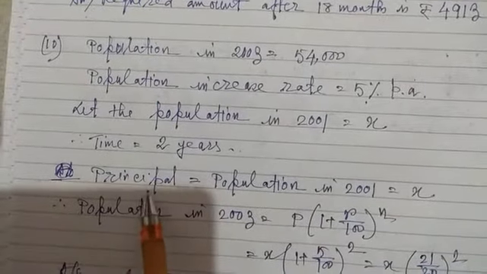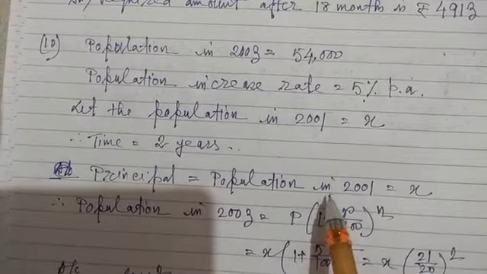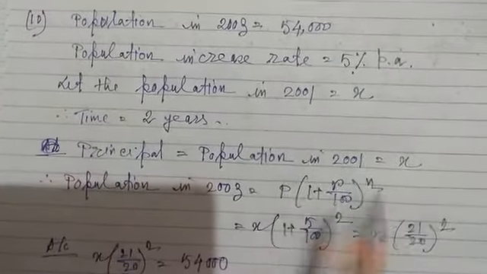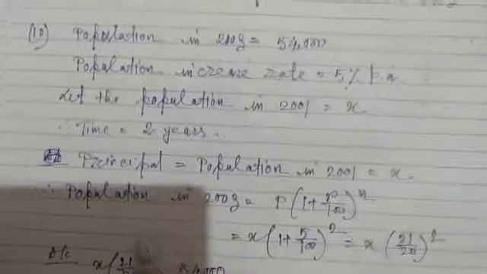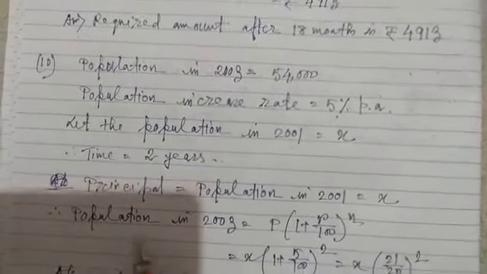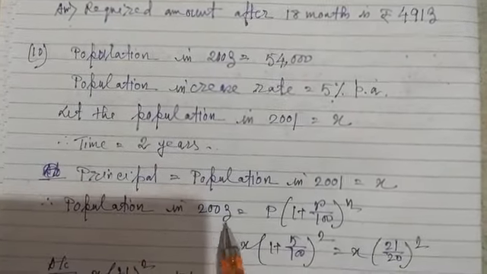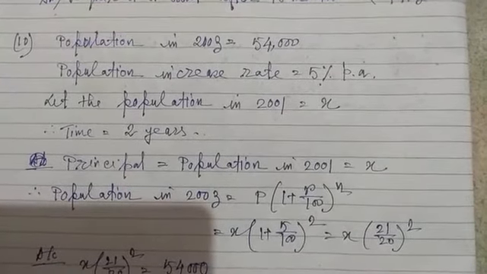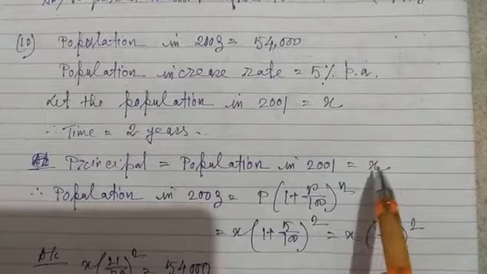So here principal equal to population of the town in 2001, which is X. This is the principal. So population of the town in 2003 equal to P into 1